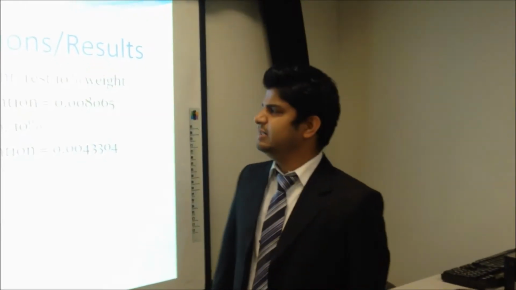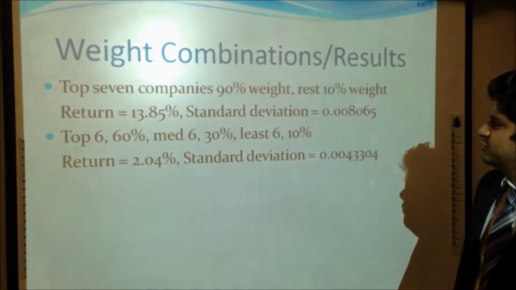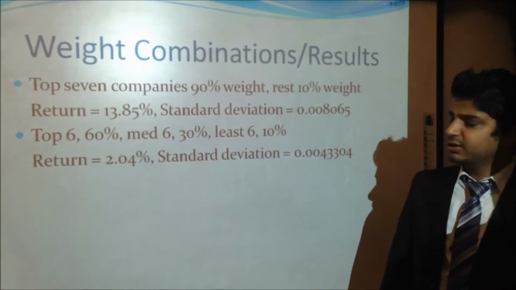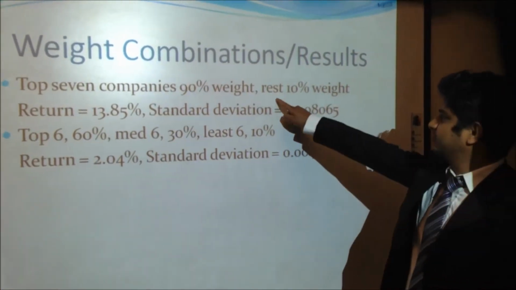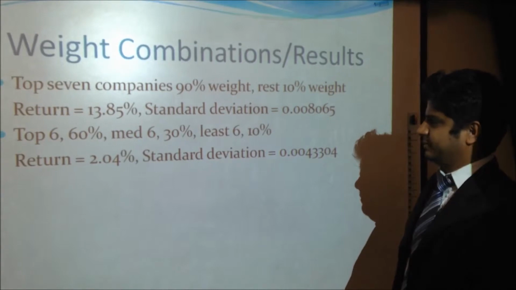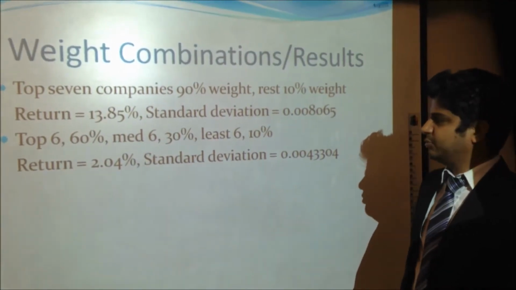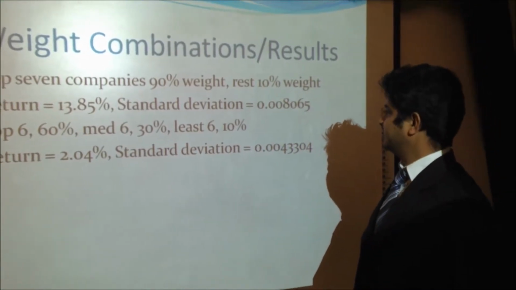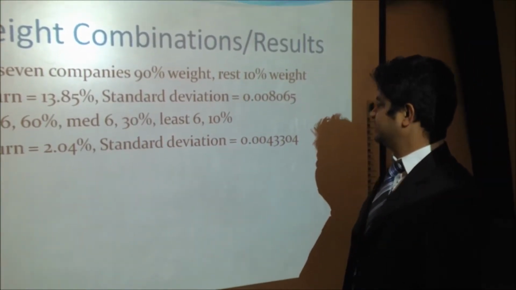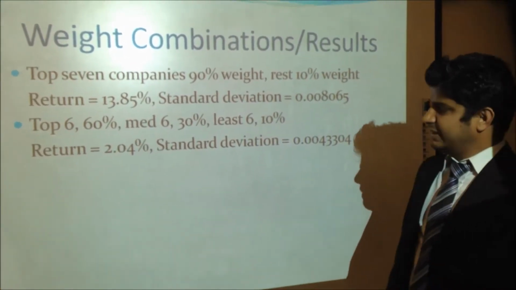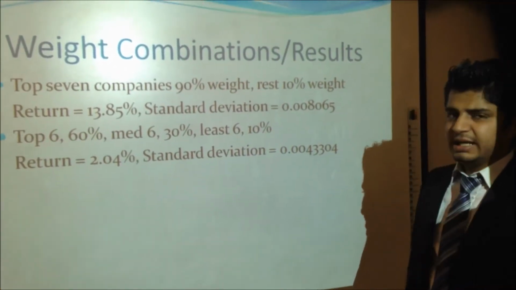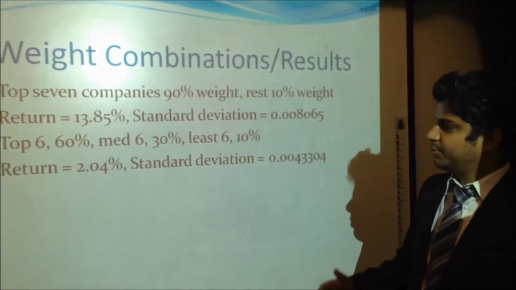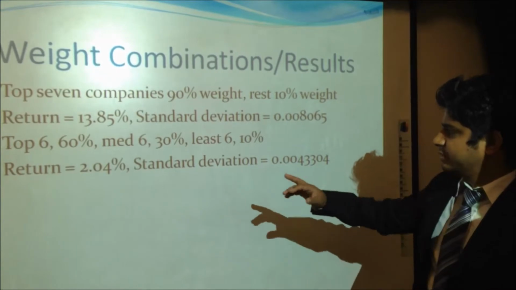0.002548. Likewise, in the next portfolio, I included the top 7 companies and assigned 90% weight to those companies, and the rest of the companies I assigned 10% weight. And I got the return on that portfolio to be 13.85%, whereas the standard deviation was 0.008065. Finally, on the last portfolio, I assigned 60% weight to the top 6 performing companies, and 30% weight to